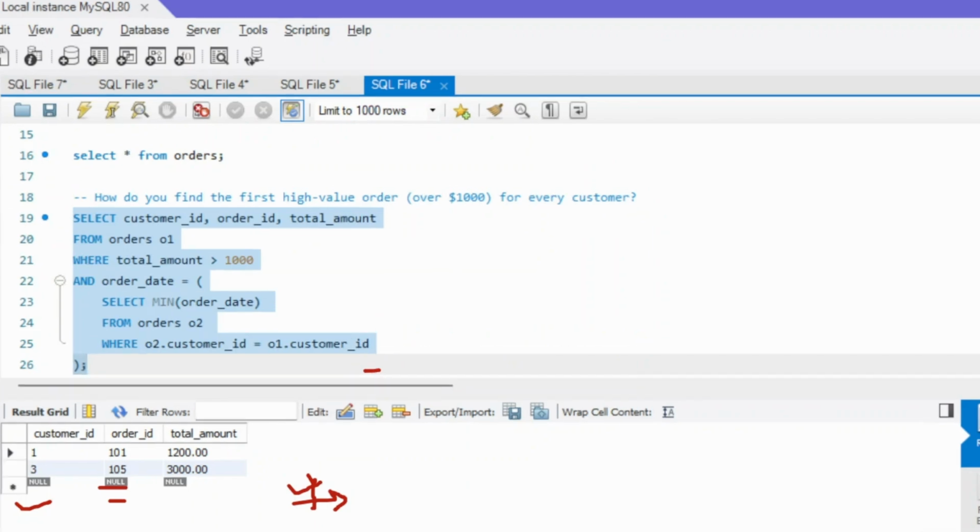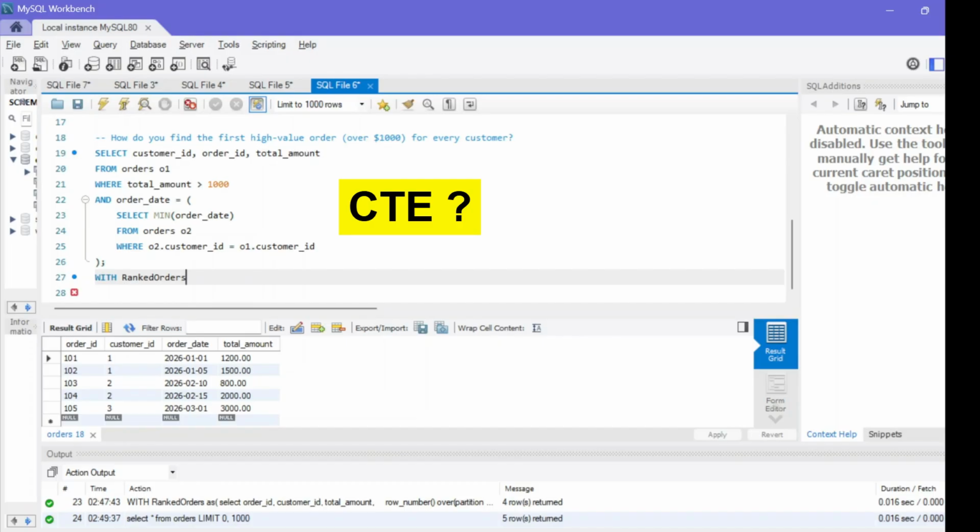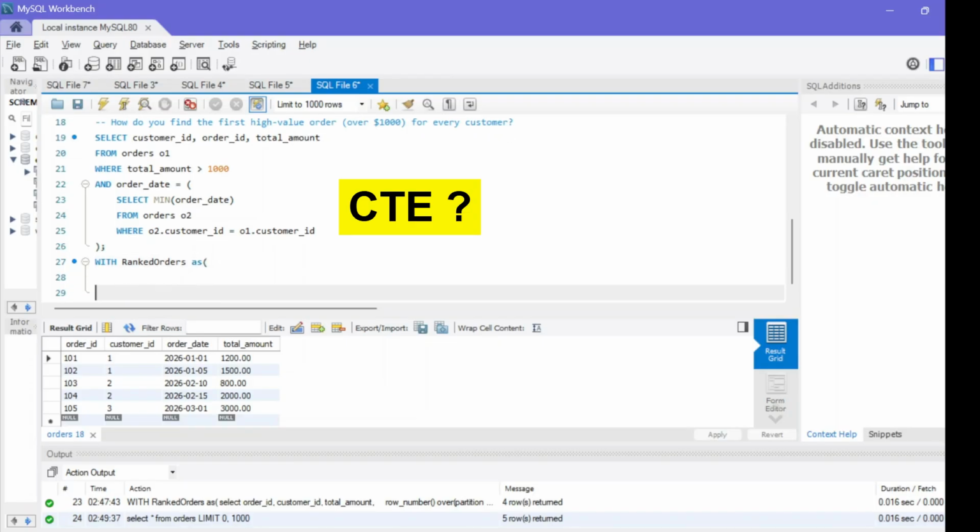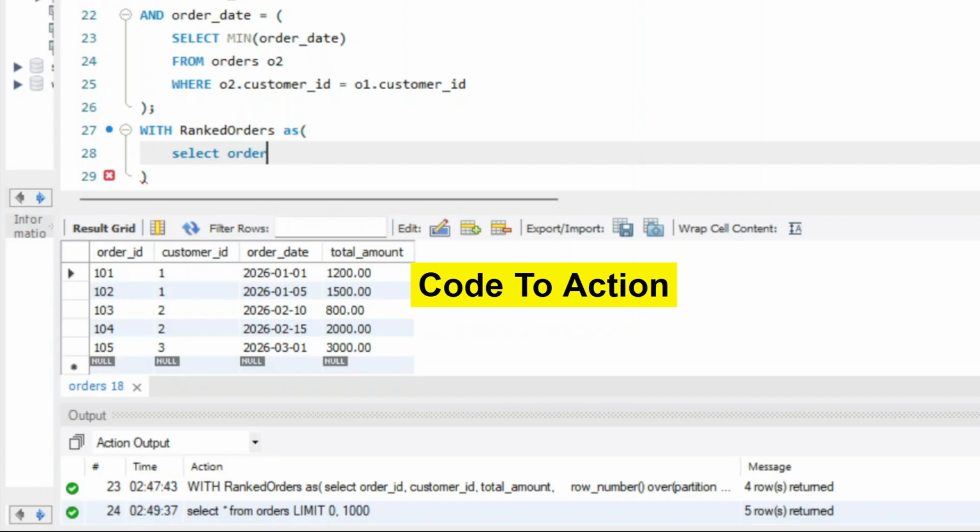In the next section, we will be learning the concept of CTE, which stands for Common Table Expression in SQL. What is a CTE in SQL? We can understand a CTE like a virtual box. And inside that virtual box, we can type the SQL query, and we can use that particular query in our code.